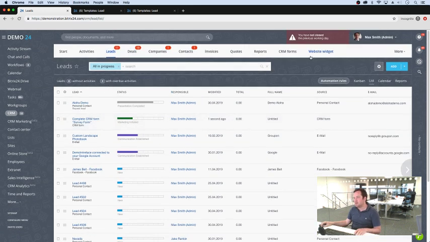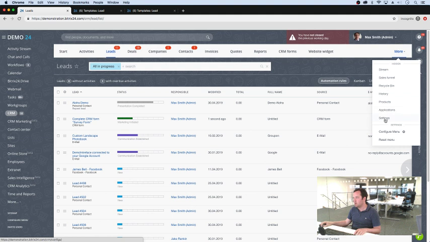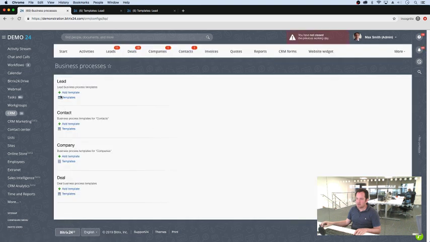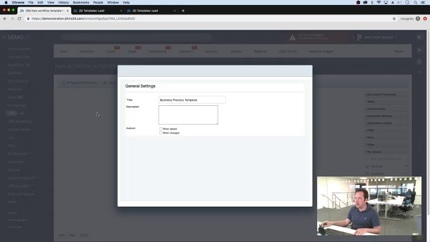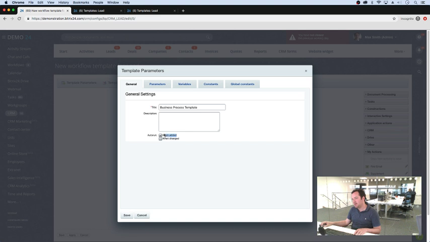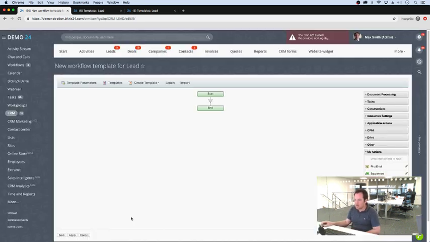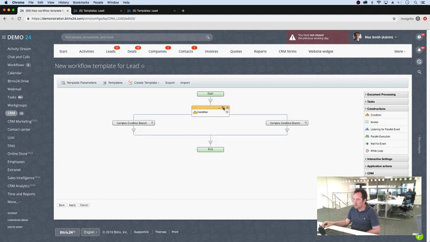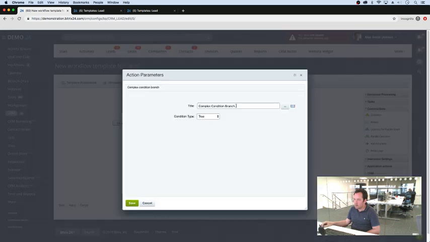But what we can do is actually run a process. So if I click on to more and click into settings and then click into automation and business processes, then what we're going to do is add a business process on a lead. And we're going to trigger this when a new lead gets added. And we'll just call it update lead name. Click on save. And what we can do is simply click on constructions, click on condition, click on the gear icon of the left branch, and what we'll do is